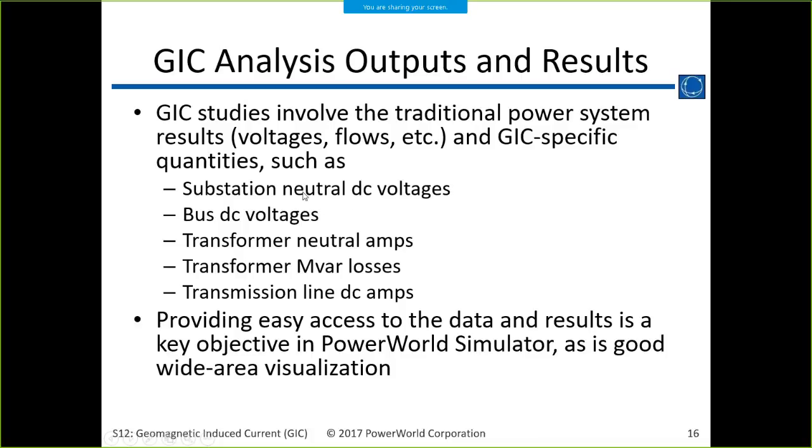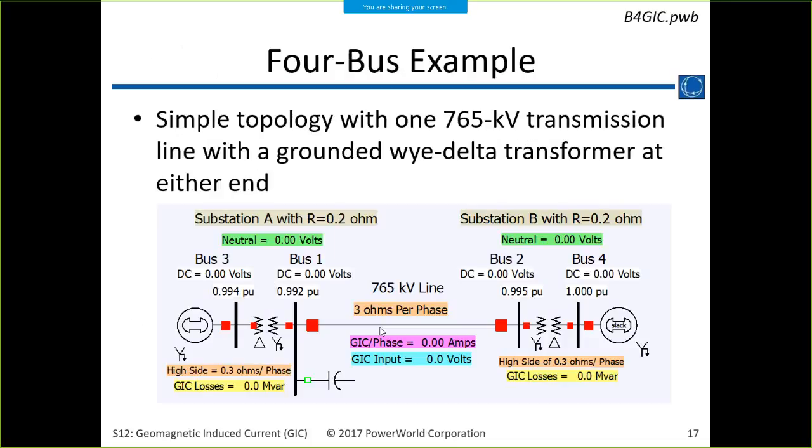The first thing that comes out of it is the DC voltages for the substation neutrals and for the buses in the system. And then from that, it can calculate the currents that are flowing through the system. The currents in the transformers get mapped to megavar losses by way of the K factors, and that's how you do the AC analysis from that as well.